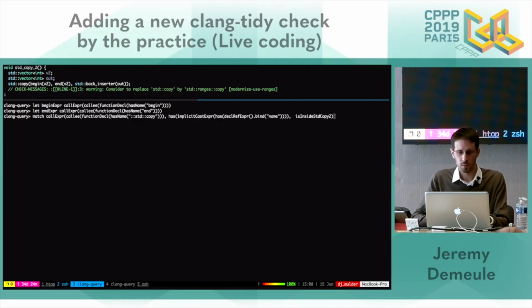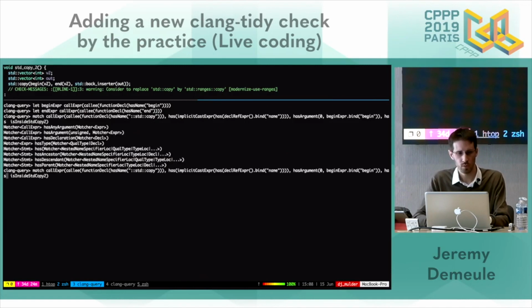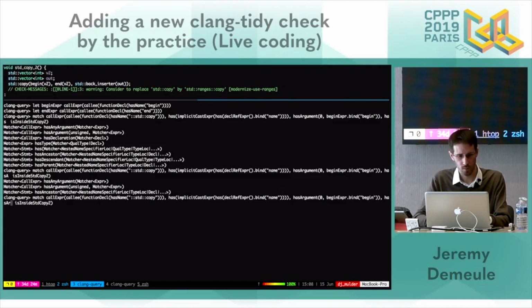And now I can also enhance my matcher, asking that the first argument, argument 0, is my begin expression. I will also retrieve it, give it a name. And my second argument, argument 1, is my end expression.